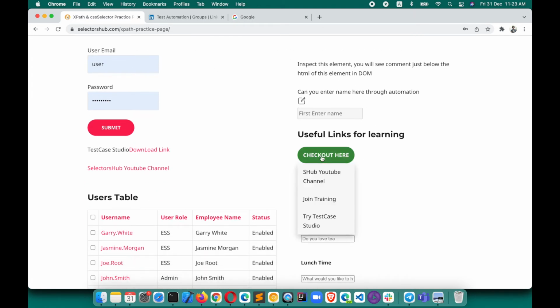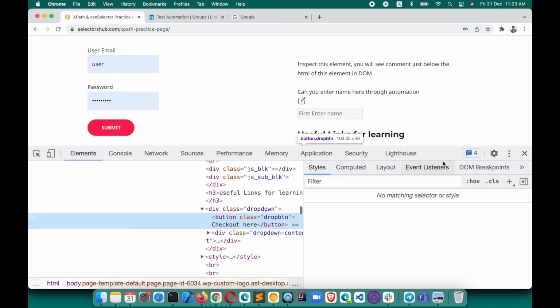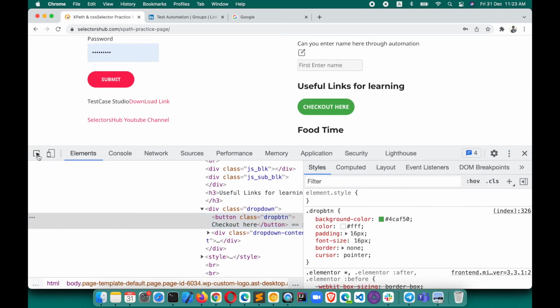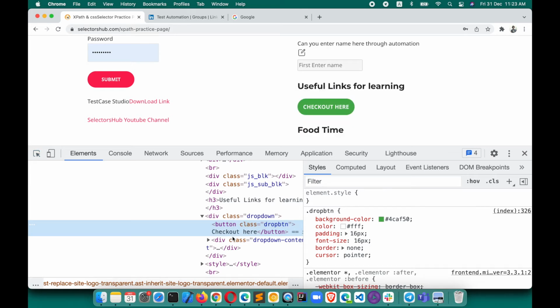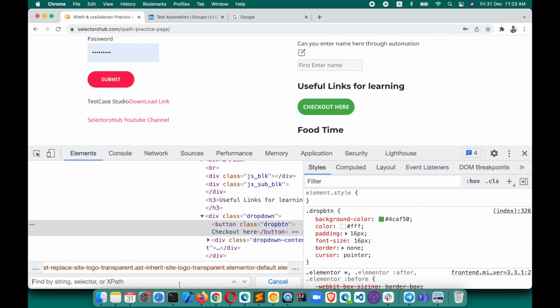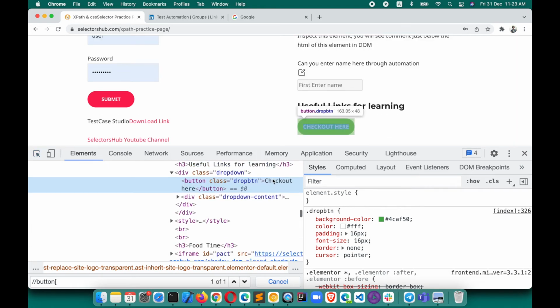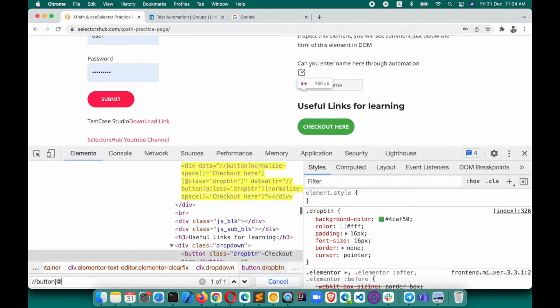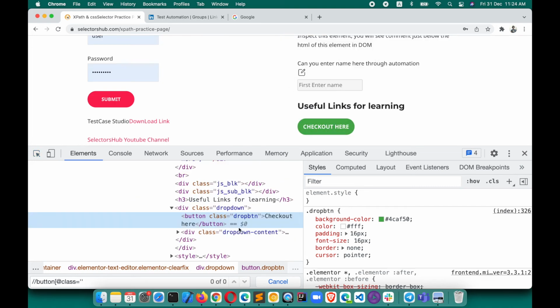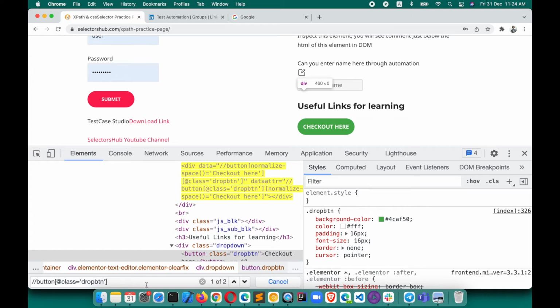For an example, if we write XPath for, let's say, this checkout here, if the same XPath string matches somewhere else in the page, then your XPath will not show the correct count. Let's say here we write double forward slash button, and this is for checkout. So suppose we write here, let's say, class is equal to drop down. Here it is showing one of two,